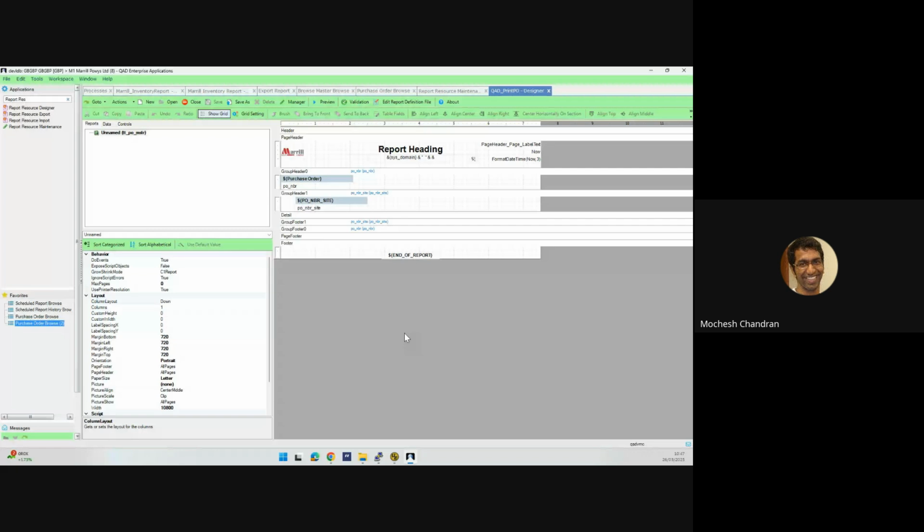You can see here what it did is it split my PO layout the way I wanted. It's by PO number and PO number site. And now here I can add the supplier information and the site information in the sections which I need. So I'm going to delete these two fields. And I'm going to add, here in this section,